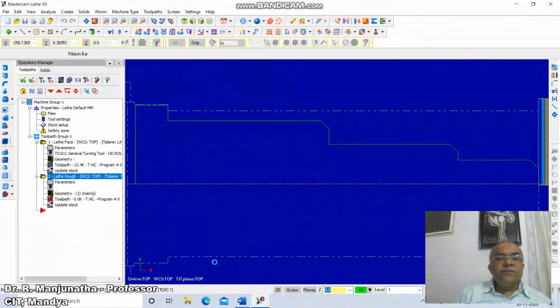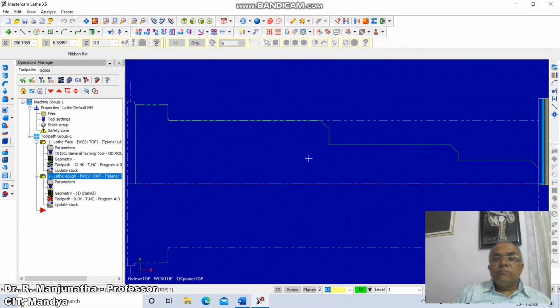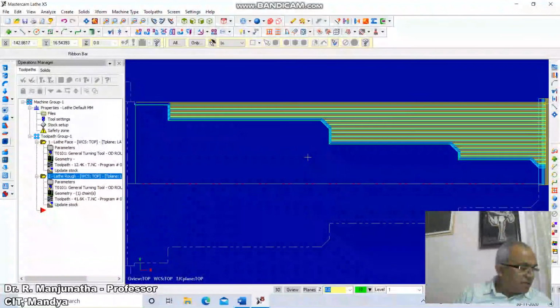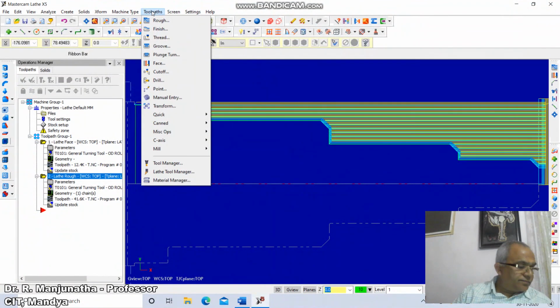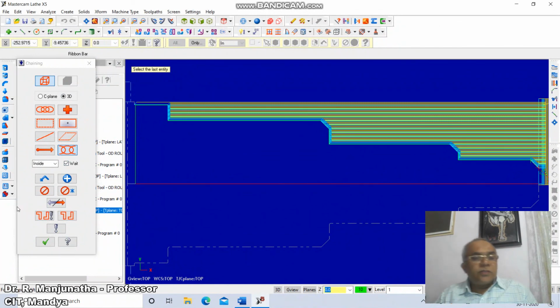So now the roughing operation is taking place. Once the roughing operation takes place, then again click on tool paths, click on finish, click on partial, click on weight. Again you select the same parameters, so it is going down, you just click on upwards, click on this like this, you click on all the profiles, then click on right tick,